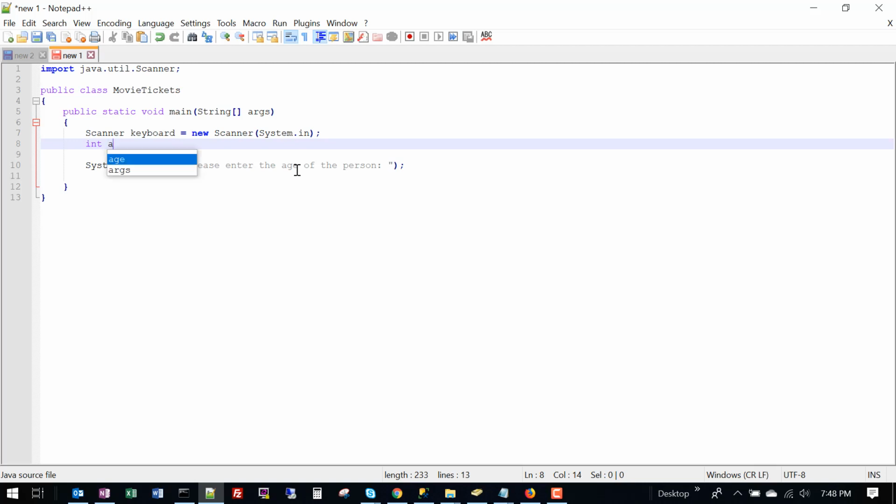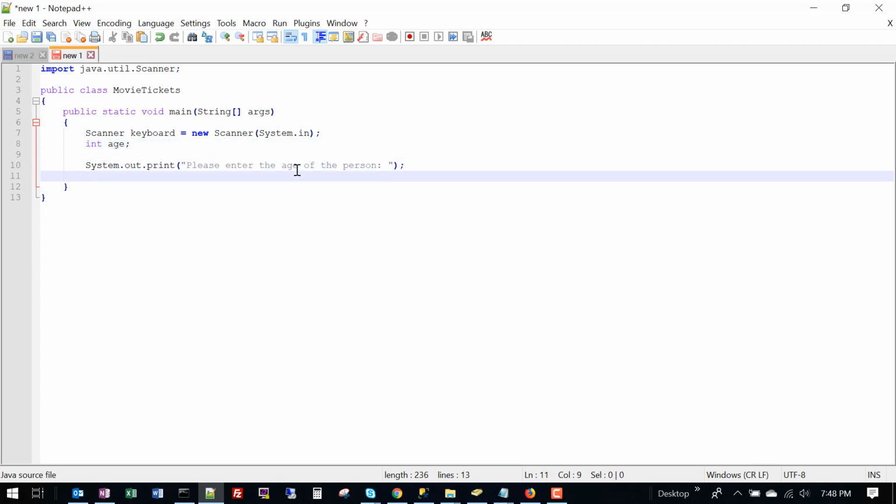So I'm going to make a variable called age that is of the integer type. And then within the body of the application, we'll go ahead and say age equals keyboard.nextInt. That will allow us to pull that integer off of the keyboard, and we'll use it